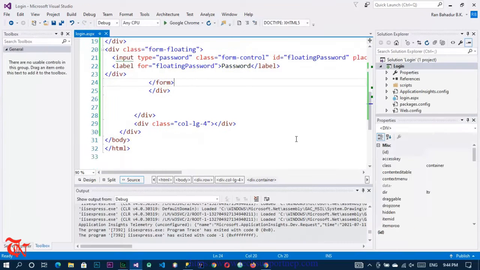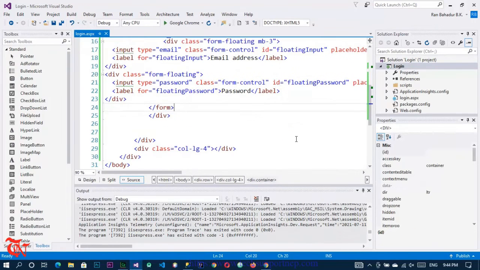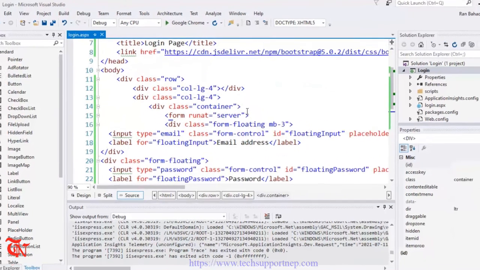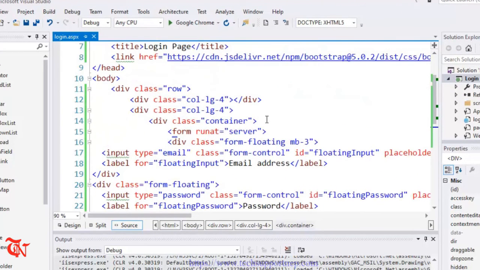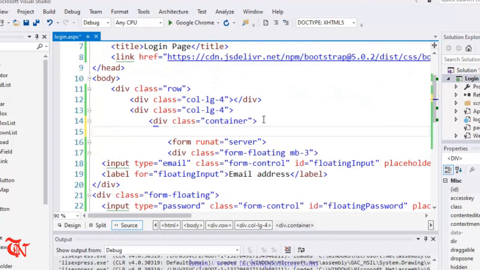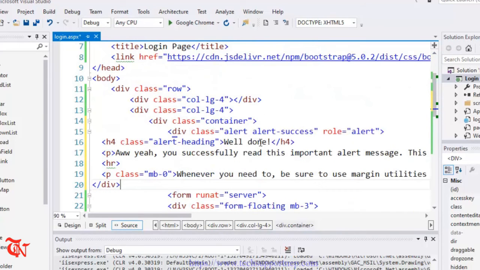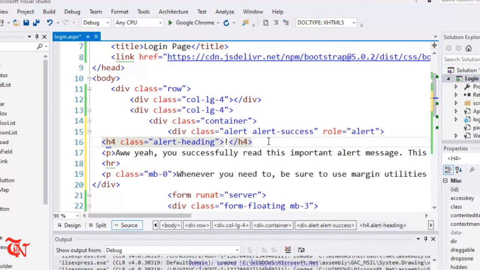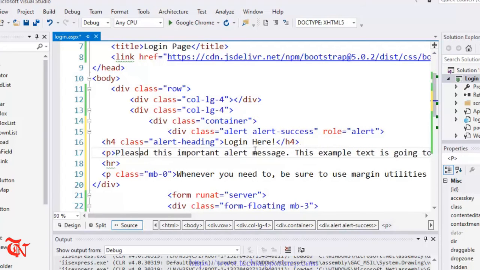stop, and here insert that form, insert that container, but also at that form, simply paste that, and here what we can display is login here, and we are going to display some message here. So please enter your credentials to login,